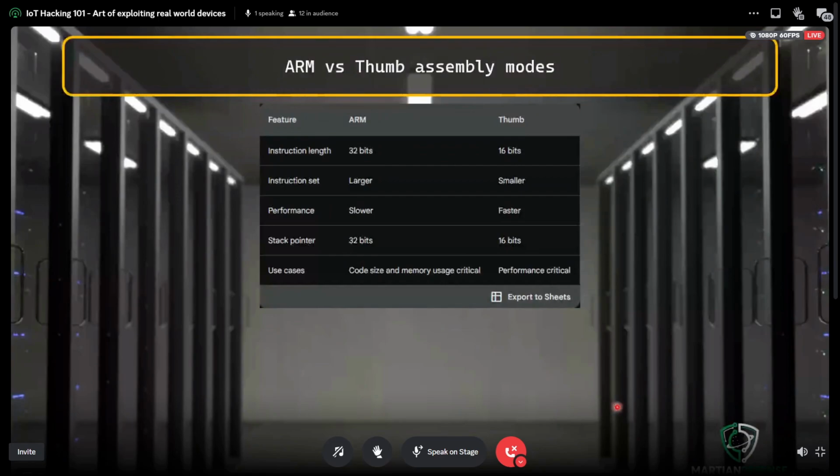So an interesting thing about ARM is that in 32-bit mode, you can switch between these two modes quite easily, which is like 32 and 16 bits. Why some people use Thumb is because, as I said, these devices are very resource limited. They don't have much CPU or RAM, so they might use a lower instruction set to fit all the program logic into the memory.